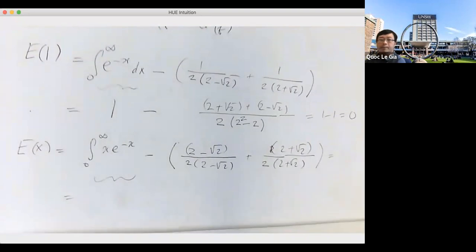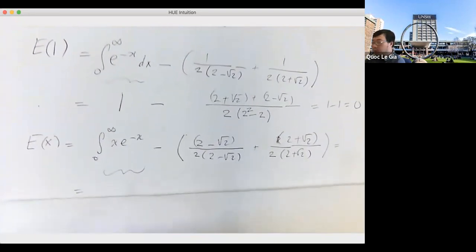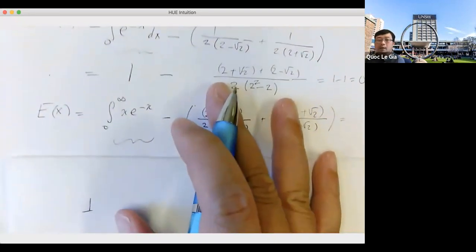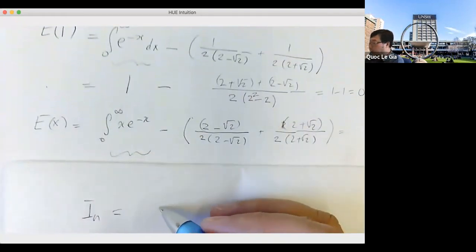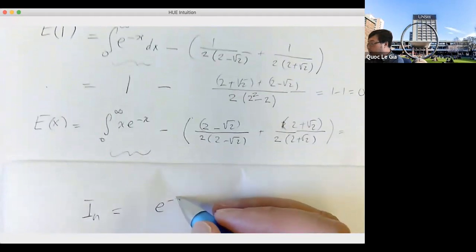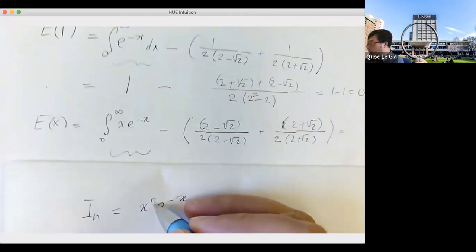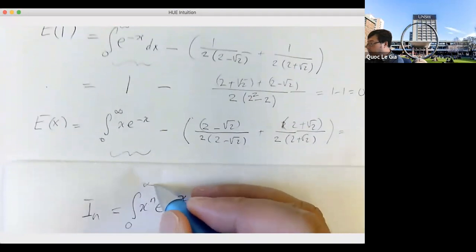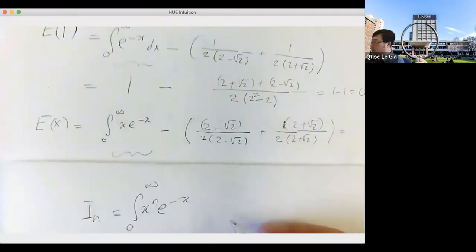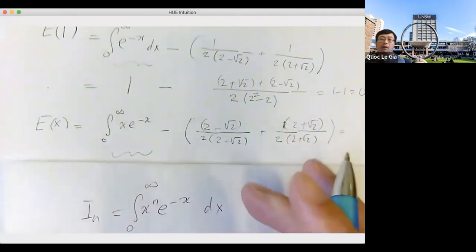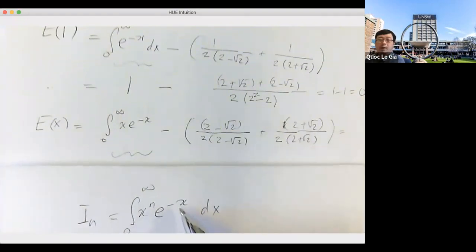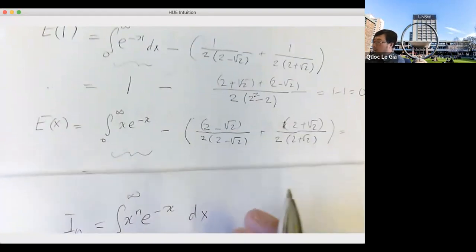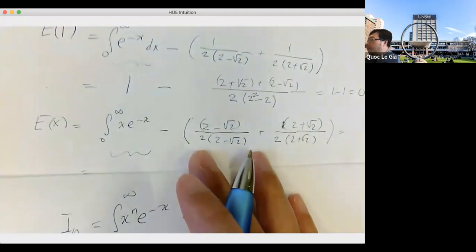So you have I_n, which is the integral from 0 to infinity of e to the minus x times x to the n dx. And why? Because you have to do n equals 0, 1, 2, 3, 4, 5. So why not just do it for general n? And then you will see that